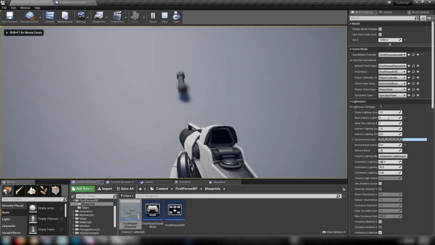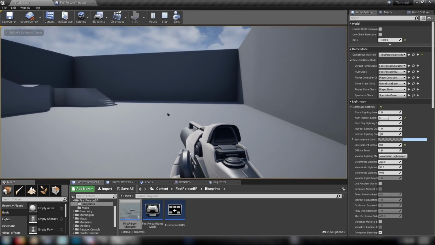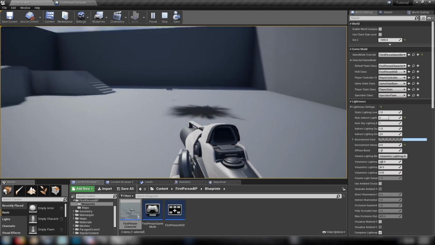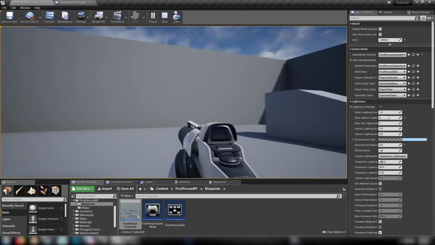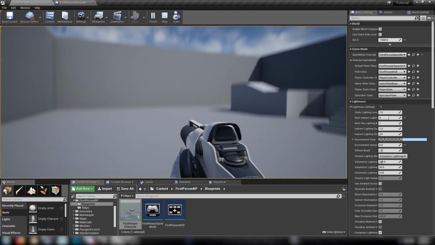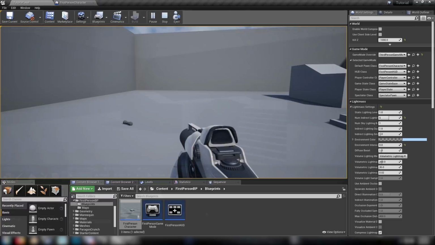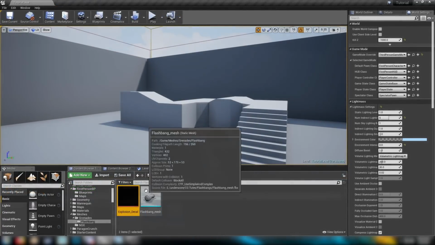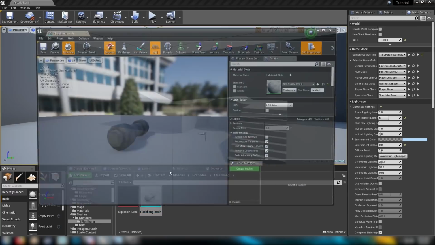Hey guys, welcome back. In this video, we're going to be looking at grenades and some other sort of lobbed projectile kind of actors, that kind of thing. And this particular one we're going to make is a flashbang grenade, similar to what you would see in Counter-Strike. We're going to white out the screen when it goes off. We're going to add a little explosion decal, and obviously the lobbed projectile itself, which is just this static mesh